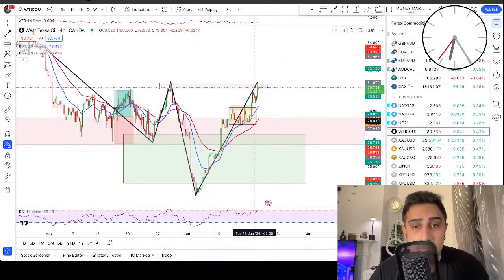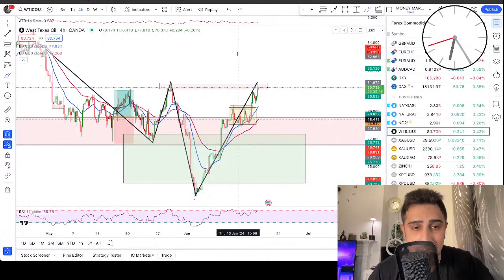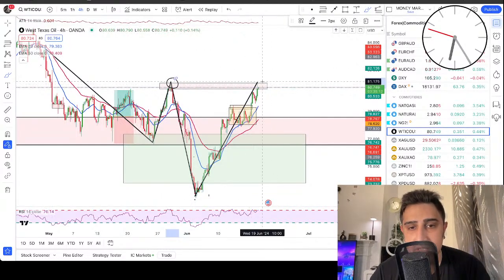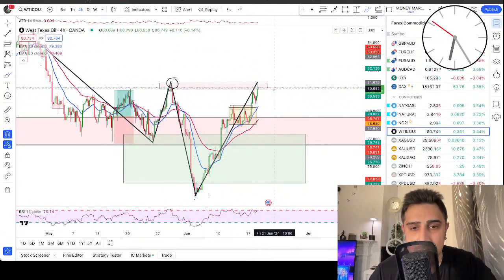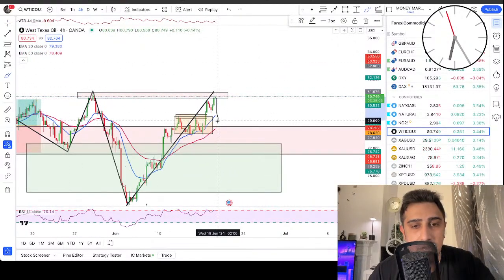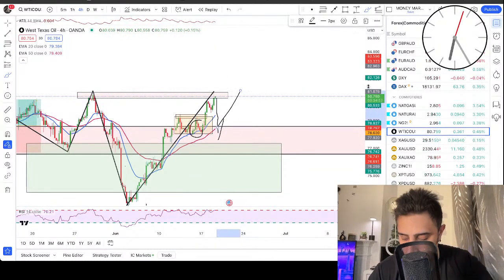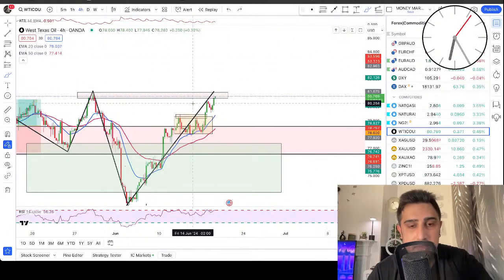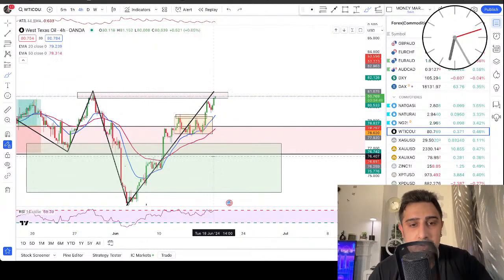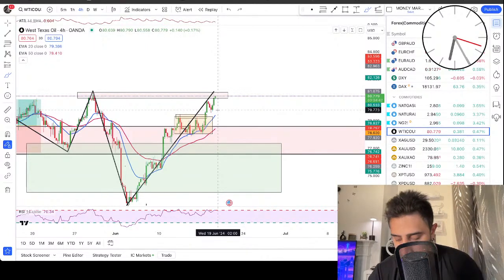So wait and see. If let's say we are broken above this top, only then I'm going to look for my next buy trade. So if you ask me, Omar, what to do now at this point, I will wait. Wait till we are broken above or wait till the price pushes down to this level. Now in this push down, as you can see, after this high, if we have a pullback to 50 EMA and price forms a bullish engulfer, I'm going to go for the quick scalp long. So that's what I'll be looking at for crude oil. Bullish engulfer above 50 EMA, break above for the long trade or long from this box. So not selling, but looking for long opportunities at this point.